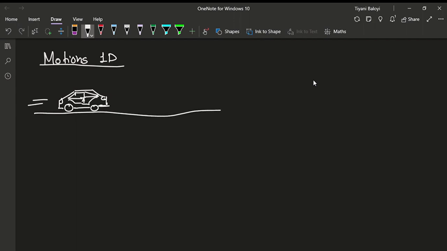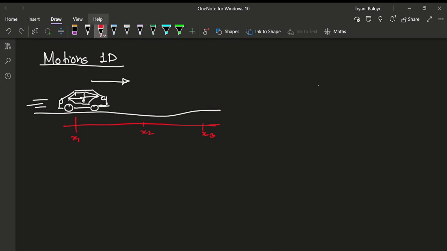We can just indicate that it's moving in this direction. Let's say our Tesla is at point x1 here, and then after some time it's at point x2 here, and then after some time it's at point x3. So that we don't have to draw a model of a car which represents an actual car,